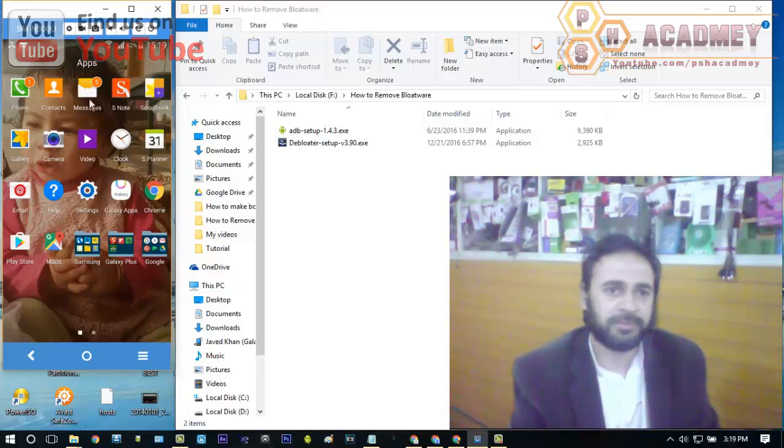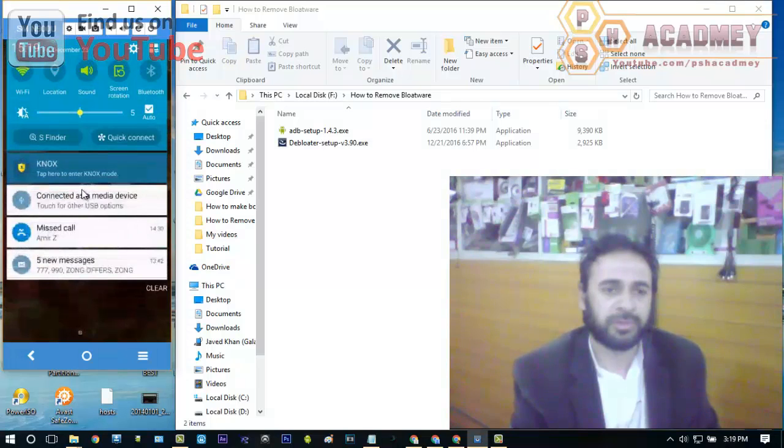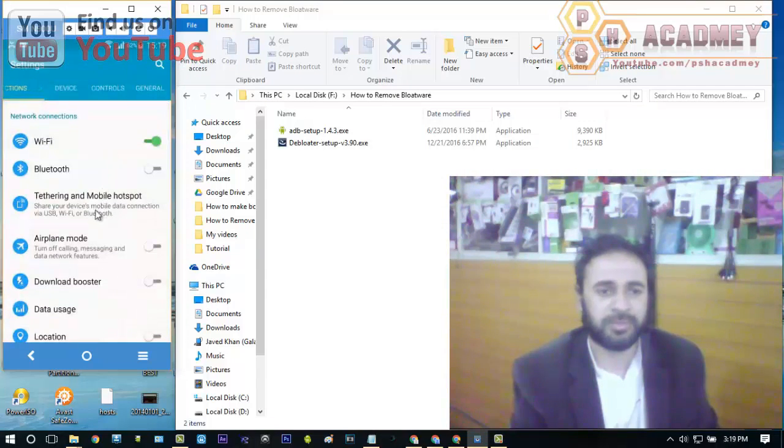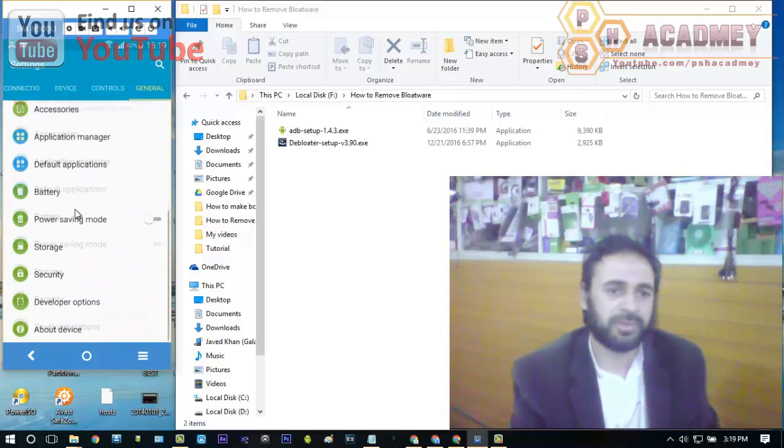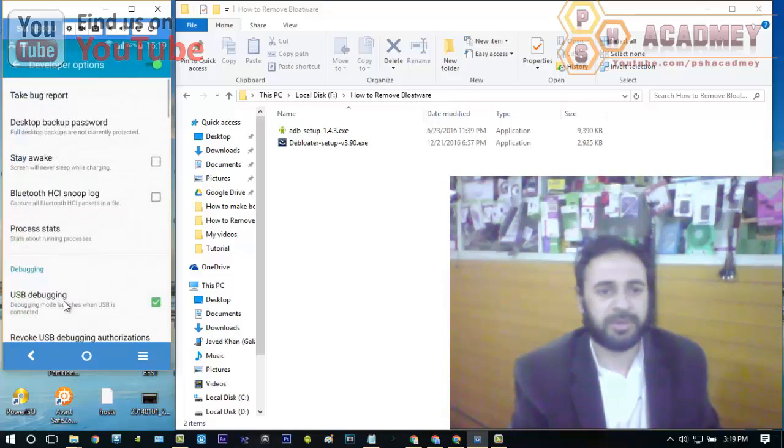I'm going to open the settings on my Android phone. I open the settings tab, go to the general tab and scroll down, and here you can see developer options. I tap on it and you can see USB debugging mode. You have to enable this USB debugging mode on your Android phone.